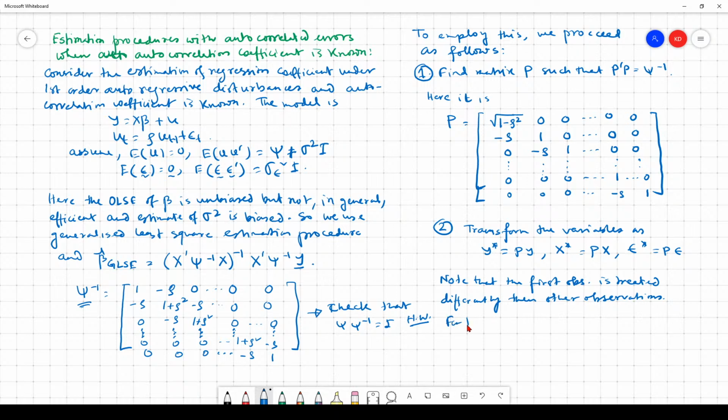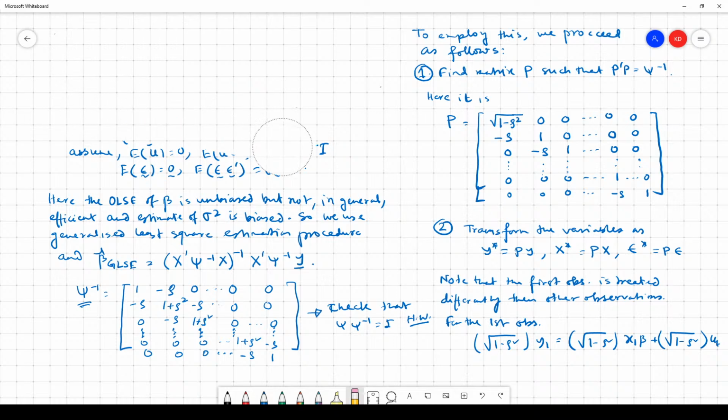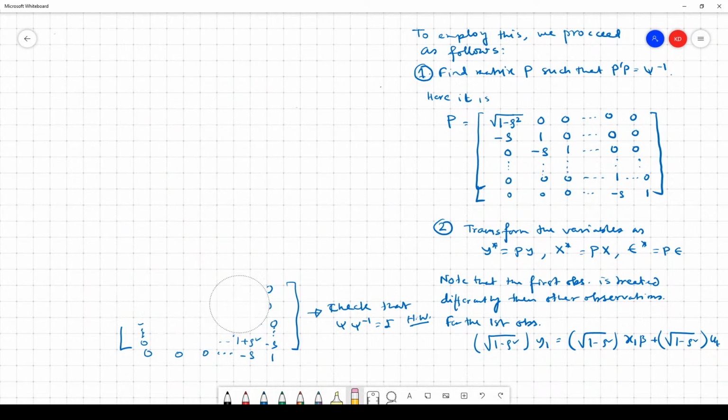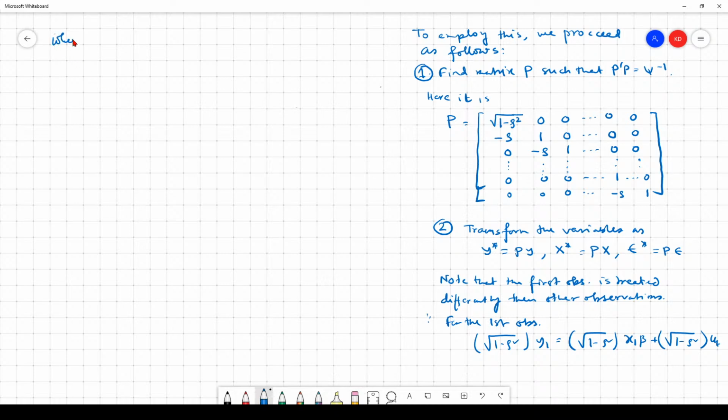For the first observation, this is root over 1 minus rho square y1, root over 1 minus rho square x1 beta into 1 minus rho square u2. Whereas for other observation,